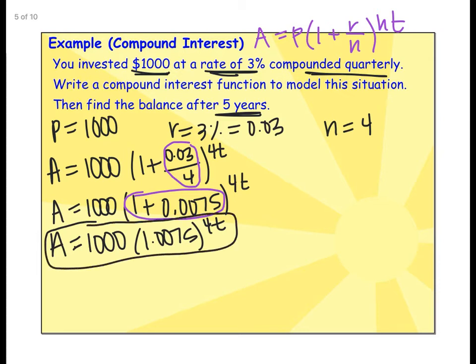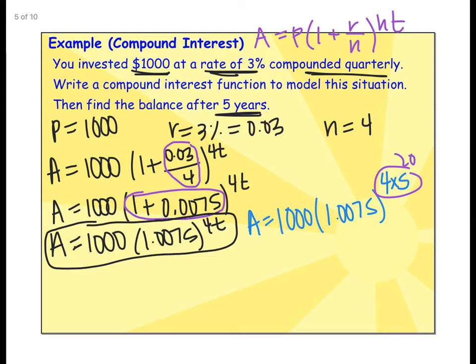Now I can plug in any value for time. In this problem, they want us to use time as 5 years. So I'm going to plug in 5 for t. So I have 1,000 times 1.0075 to the 4 times 5 power. So this is going to give us 20. In my calculator, I did 1.0075 to the power of 20 first, and if you round that, you get about 1.16118. And then I multiplied 1,000 times that,